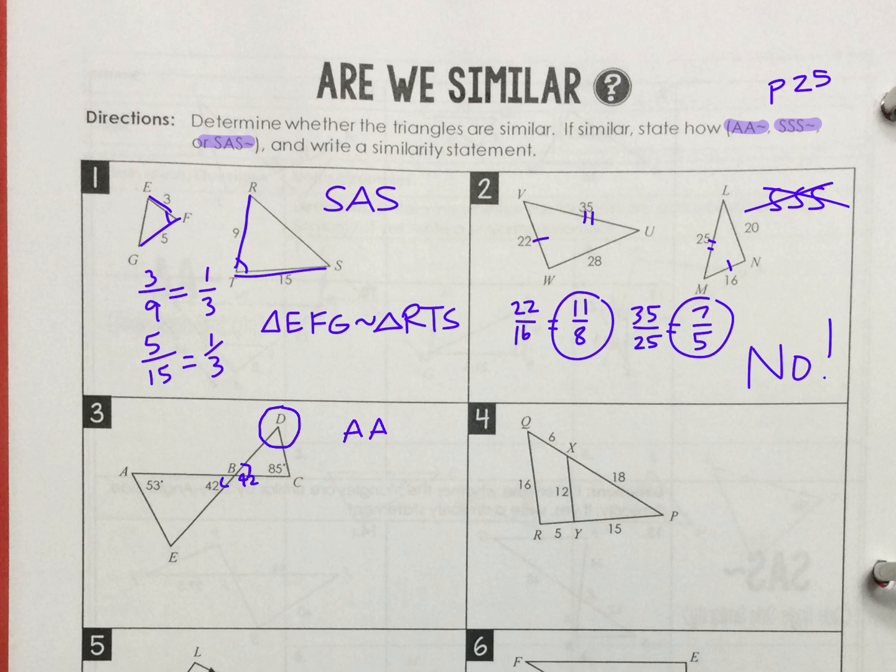To find that missing D, I'm going to say 42 plus 85 plus whatever D is going to equal 180. If I work that out, 42 plus 85, then I subtract that from 180, I end up with D is